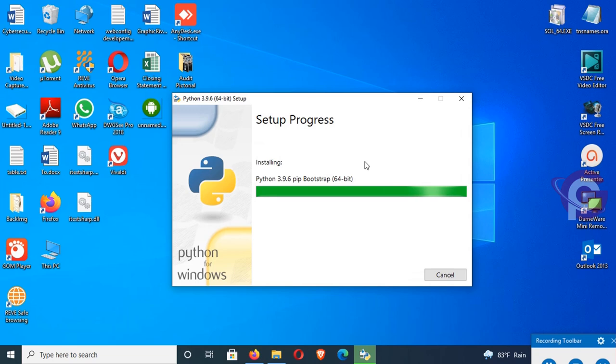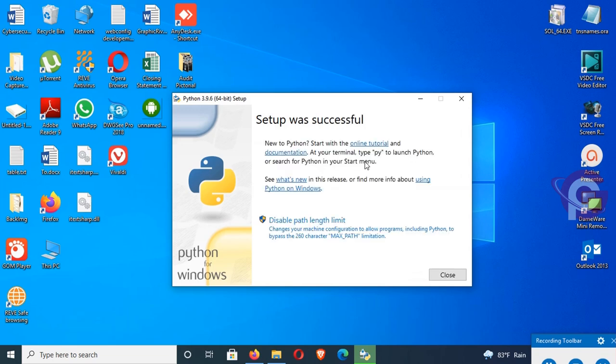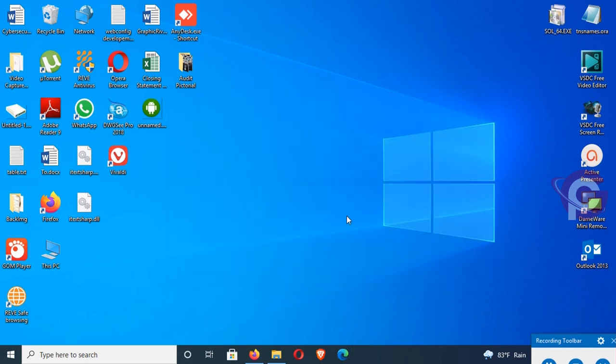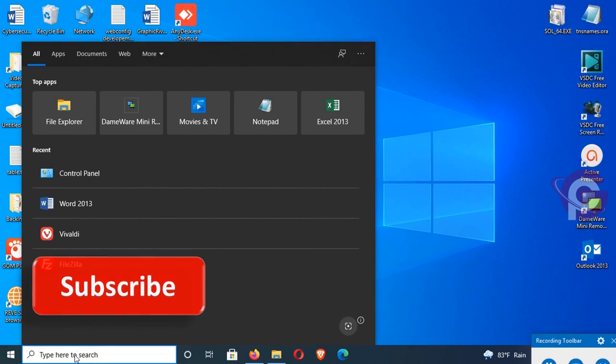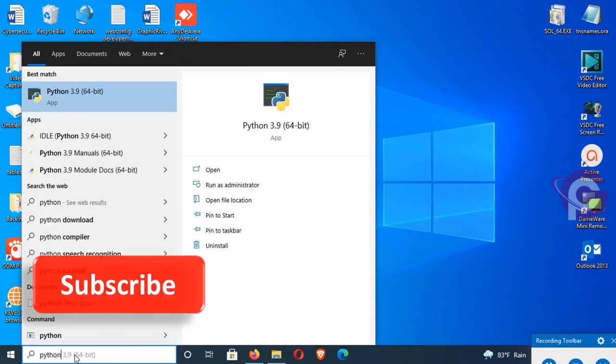Yes, its setup was successful. Now just click on disable path limit and then click on close. Okay, it's installed successfully. Now go to the IDLE,